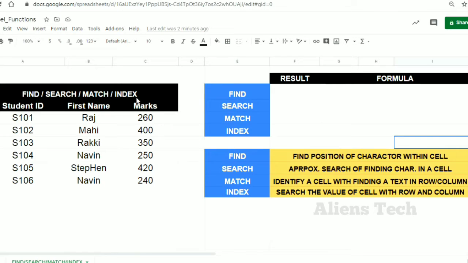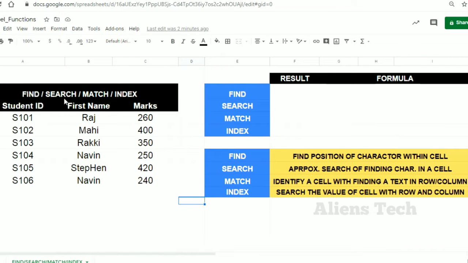If you see the naming convention, you may be confused, thinking the four functions will return the same result. But if you check in depth, the four functions have different scenarios and return different results. In this video, we will check how these functions work step by step. So let's get into the video.